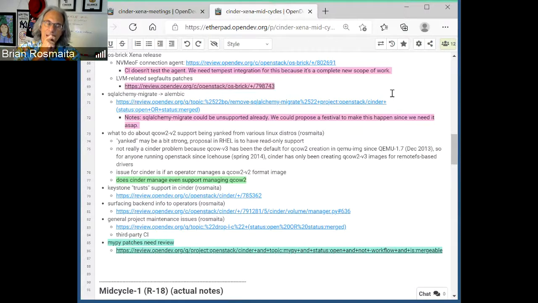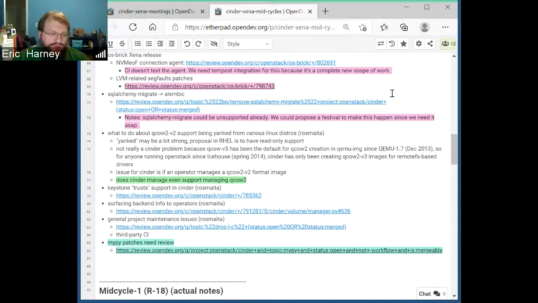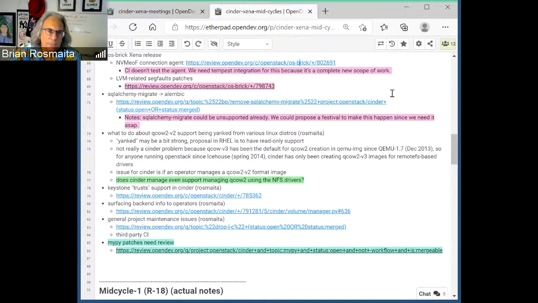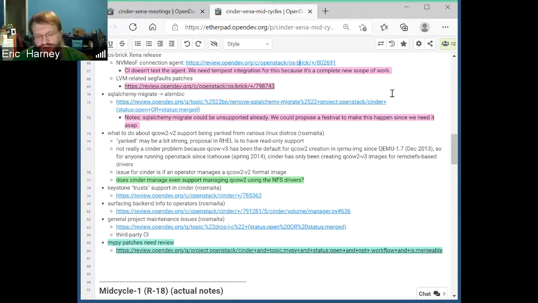Right, and the reason that we didn't support it on NFS, I thought, was because the operation didn't have a way to specify the format, which you would have to do. But since Rajat added the format tracking functionality, that may have changed. I'm not sure, honestly.